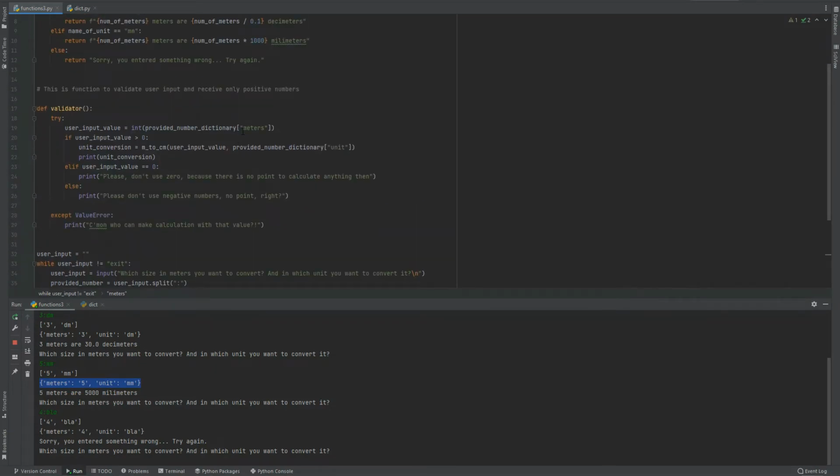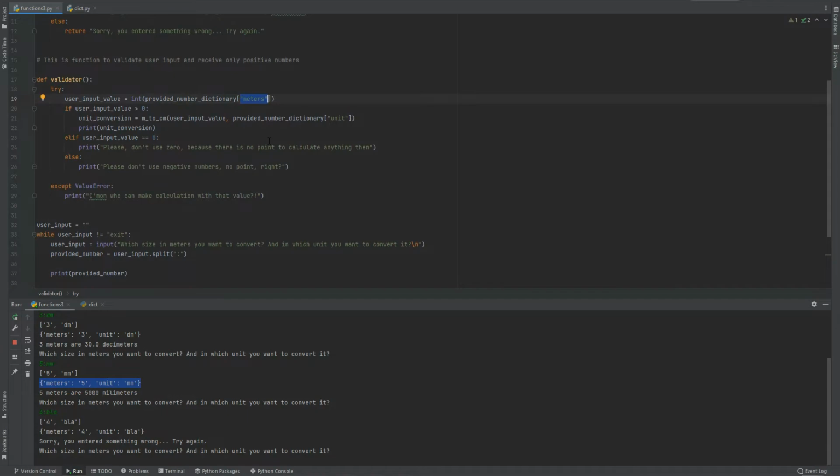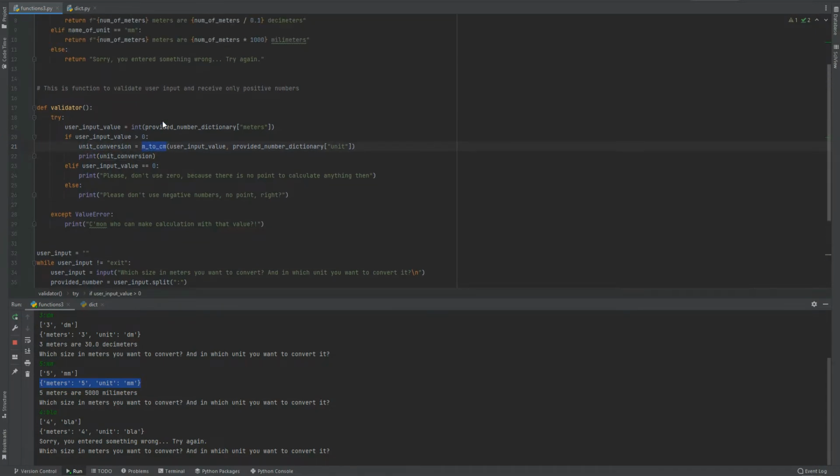So what is provided first, we won't use square brackets with index 0 like in a list. We will simply use the key name and call that value. So we store that also in a variable called user input value. And then in this if else, we have the unit conversion variable, where we start our function meter to centimeter, so